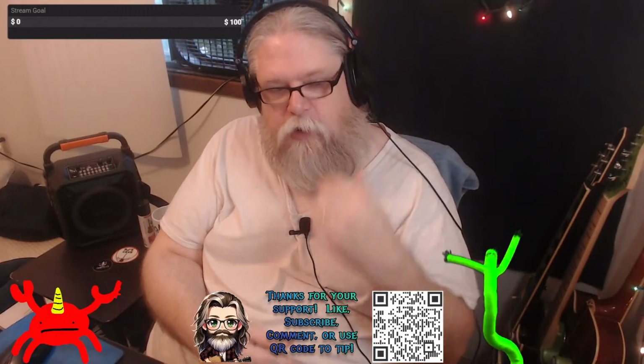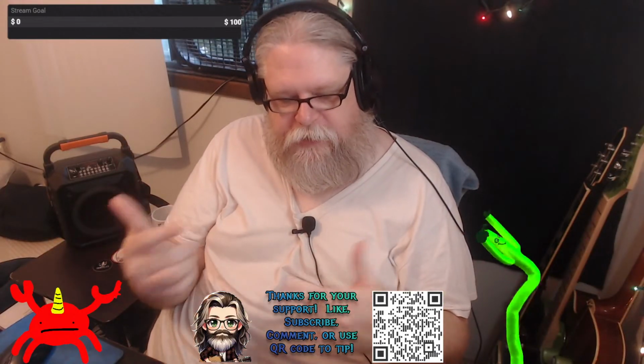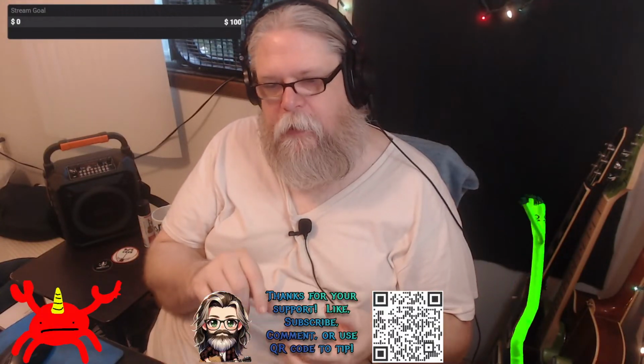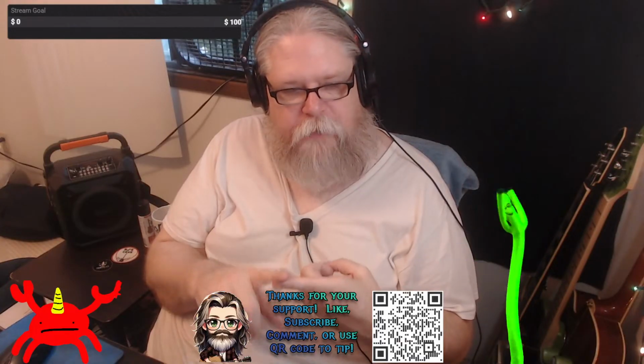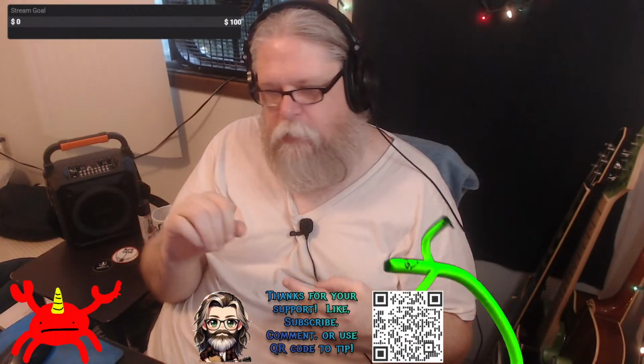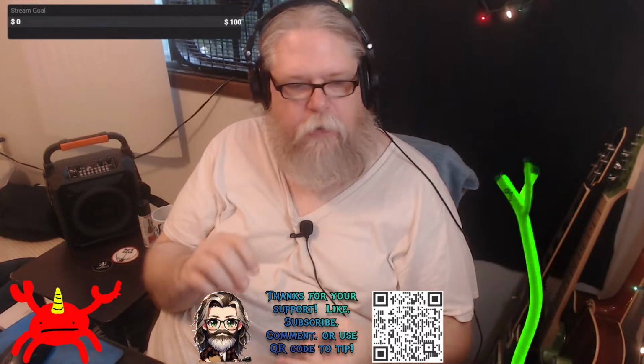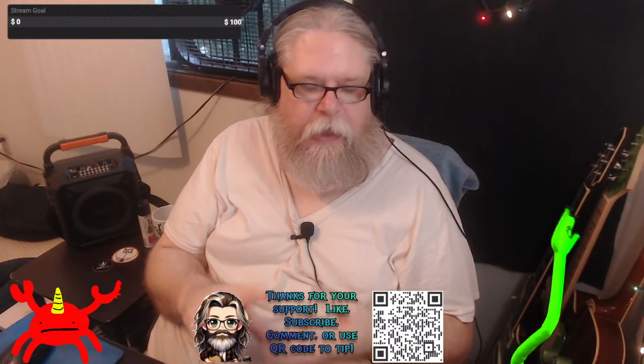If it's got its own ASIO driver, then you would set up the ASIO driver to go into whatever you're going to use, be it a DAW or a container like I was talking about. Make sure that you take the time to go into its driver and set it up so that your buffer is low enough that you've got real time. You're going to want to get it down to 128 or lower if you can.